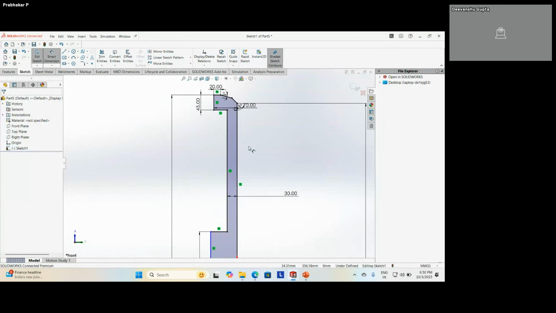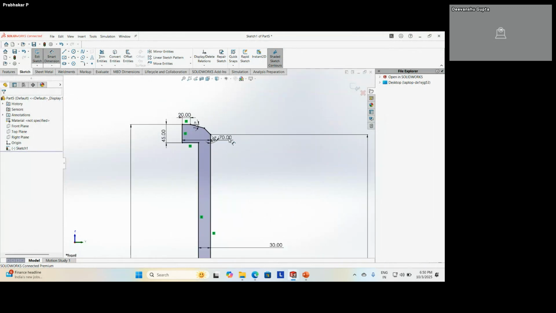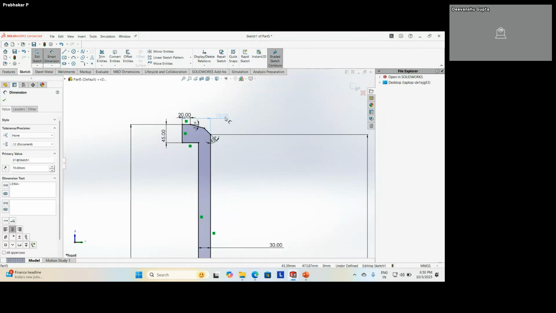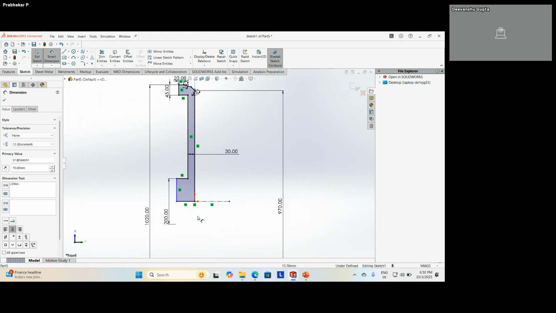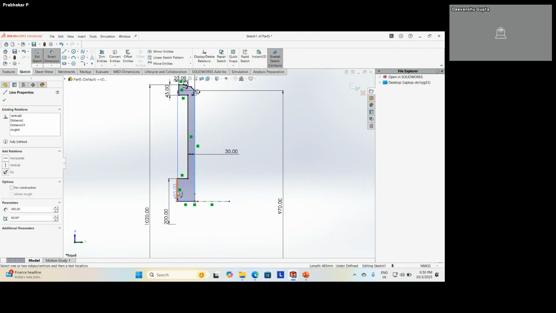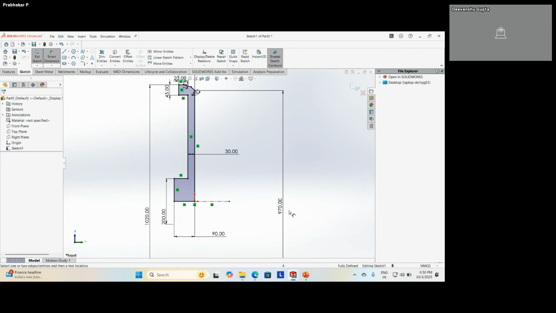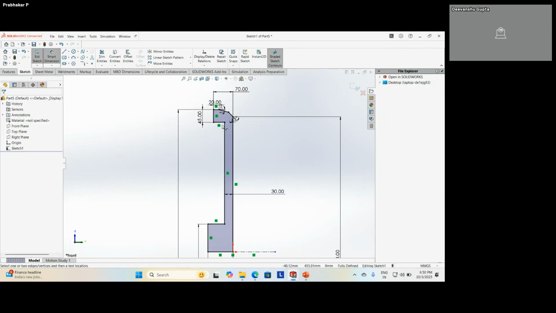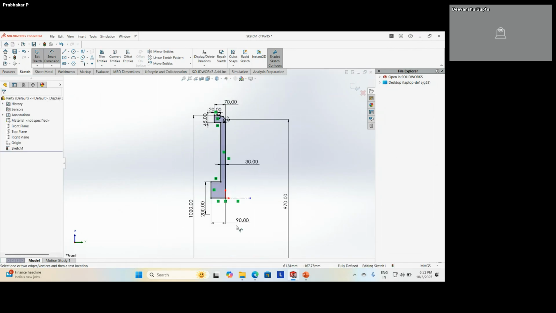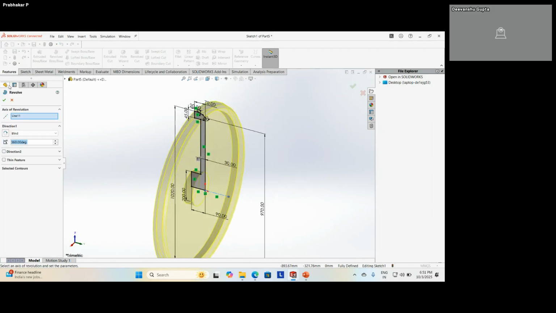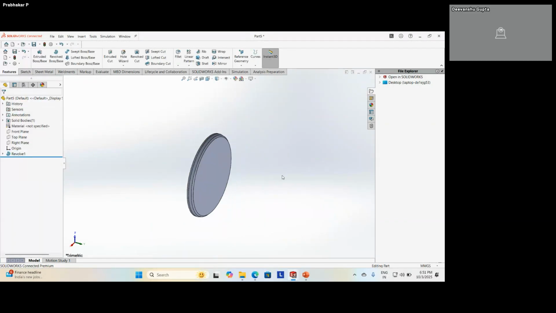A is nothing but what we have taken here, 70. It is completely constrained. There are no blue lines. Everything is completely black. Then I go to features, revolve. I created the model.